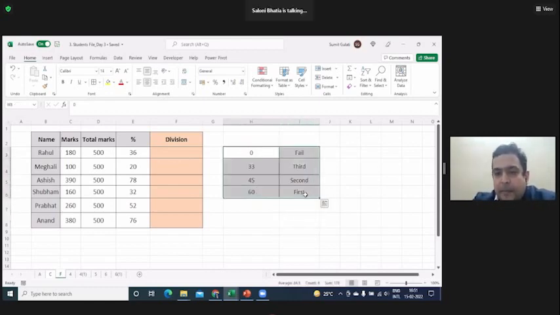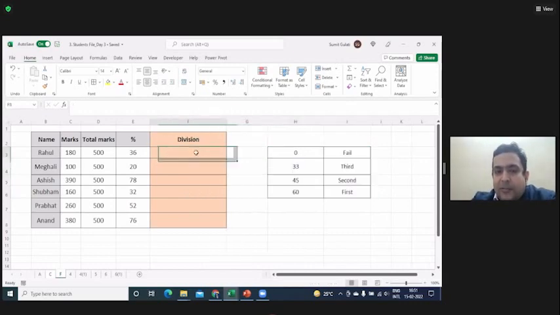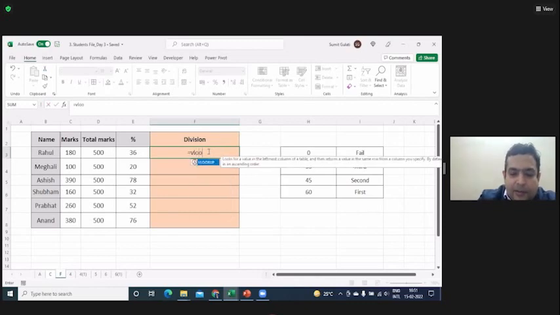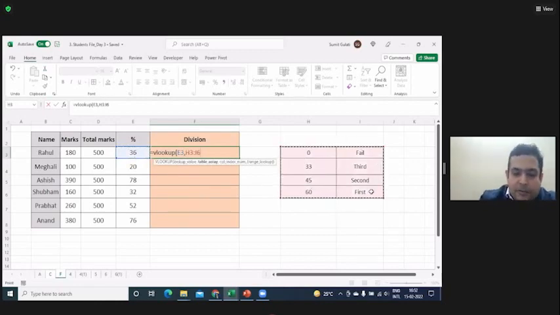If I use this, I'll show you something very interesting. Can I use any other formula to retrieve my divisions? I can. Just have a look. I'm going to use a VLOOKUP to retrieve my divisions. Just have a look and tell me whether we understand this or not. I'll say VLOOKUP. VLOOKUP what? VLOOKUP this. Where to look up? Look up in this array. Which column index to retrieve? Second. And a true. Tell me what will be the answer for this.